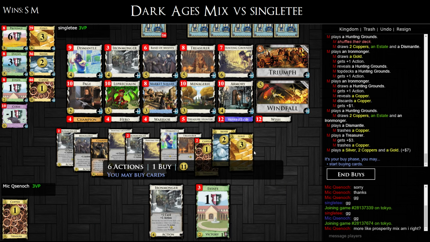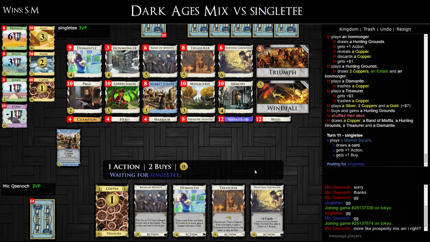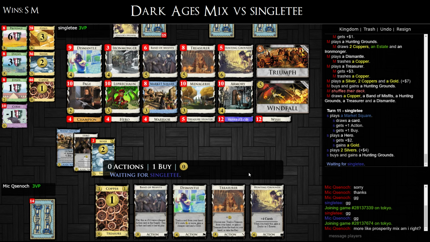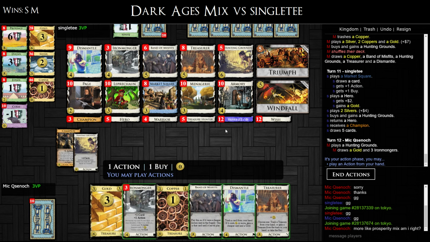It may be better to get a gain here, but I feel like I'm ahead enough that if I just keep drawing, I'll be pretty happy. For sure the dismantle will be getting a gainer. And ooh, he's got, potentially quite a few shuffles before he gets to his champion. He could get it faster than that, but so the band is probably got to be an armory. And the dismantle probably do a gold into